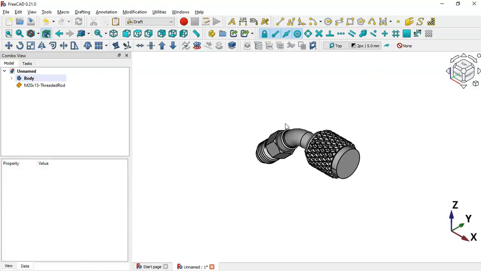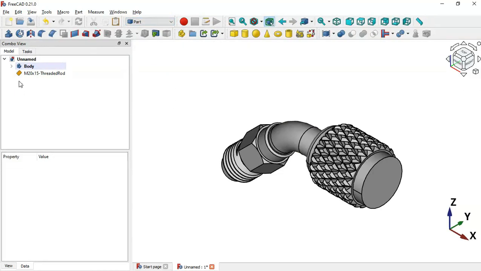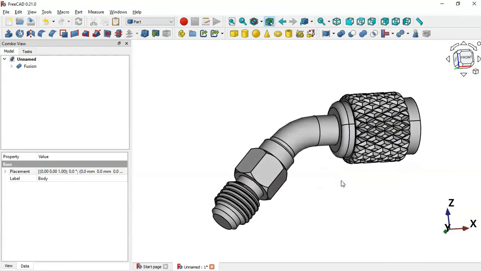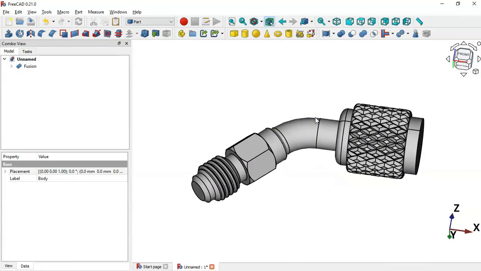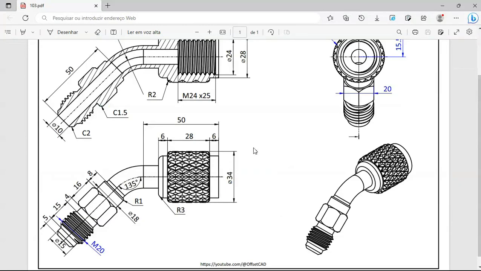So next, the next thing to do is to make a union of these two parts here. To do that, we go to Part workbench, select these two parts, and select the Union tool. As you can see, now we have one part here, and next what you'll do is to create